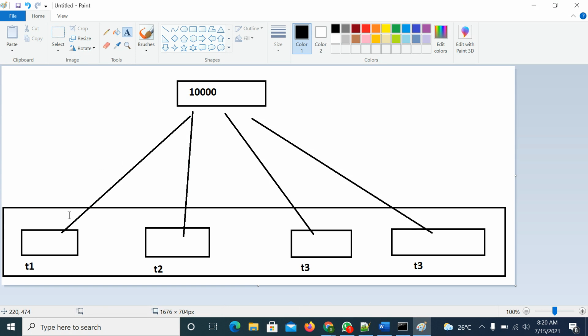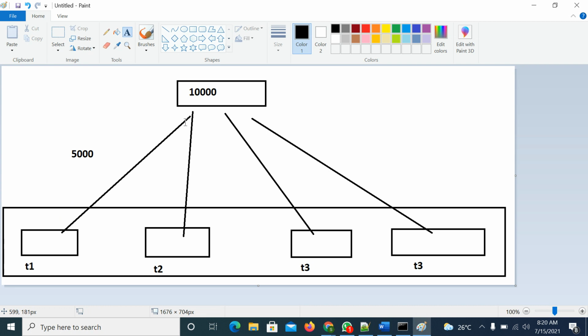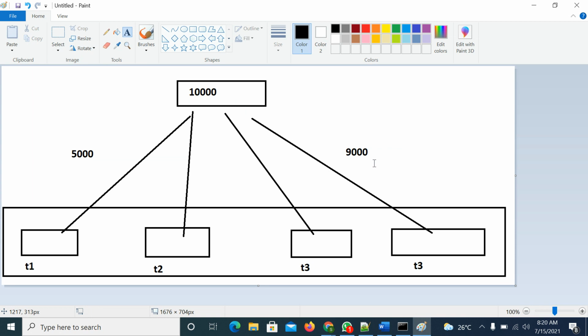He is trying to withdraw an amount of 5,000 rupees, so from this 10,000 he is trying to withdraw 5,000. First he verified how much amount is there in the bank: 10,000. At the same time, the third person also verified that 10,000 is there, and he is trying to withdraw 9,000.